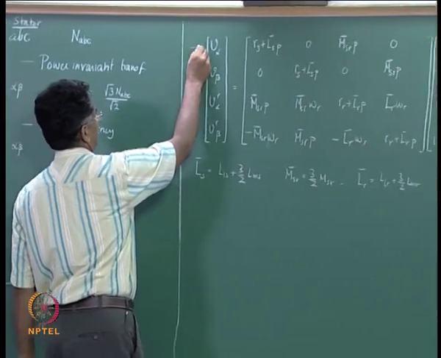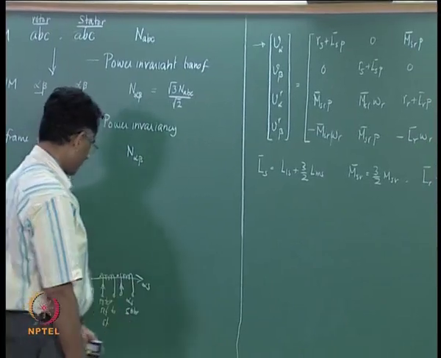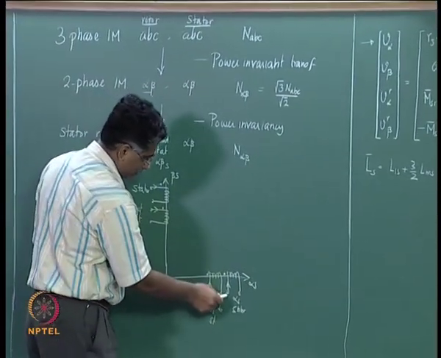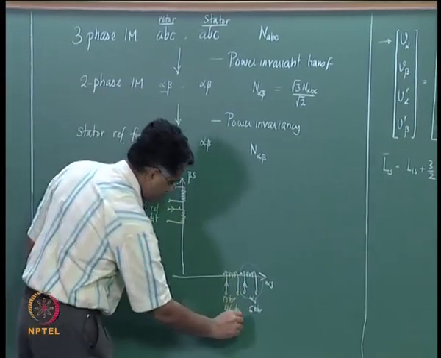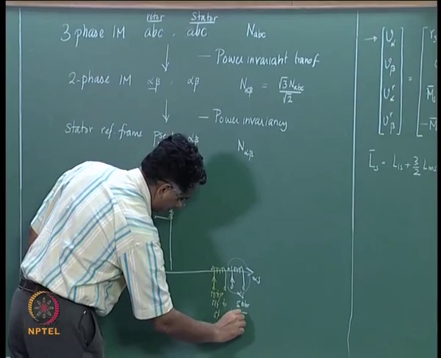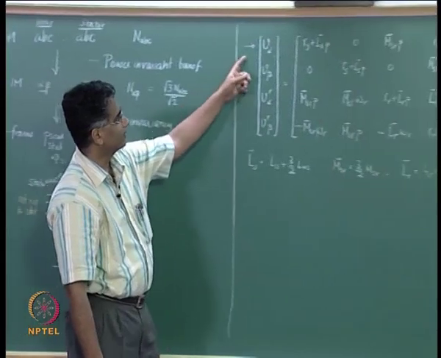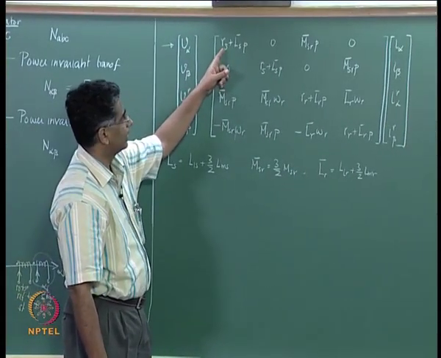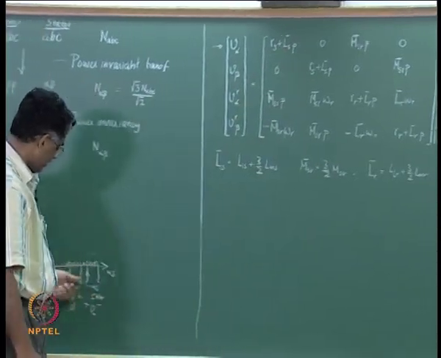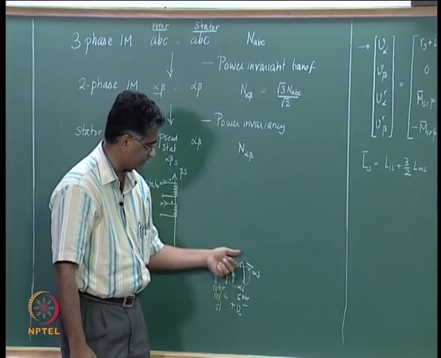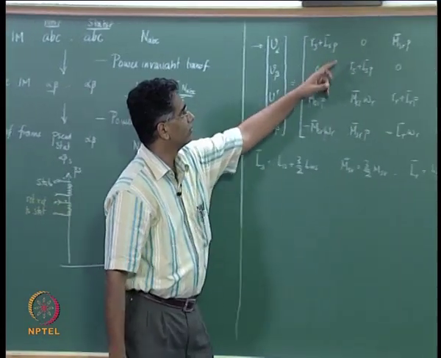If we look at the first equation, that for V alpha, we are basically writing down the voltage equation for the excitation given here. This is applied a voltage V alpha here, and we find that V alpha is given by Rs into I alpha plus Ls P I alpha. This is nothing but the resistance drop plus the self inductance drop, and then you do not have any term